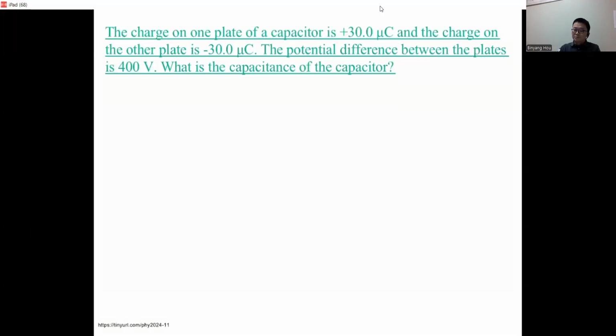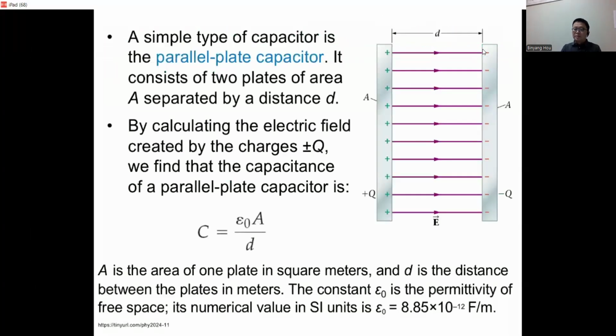So the simplest type of capacitor: if you have two plates next to each other, and you can deposit charge onto the two plates, positive on one side, negative on the other side. The capacitance of this capacitor can be shown, which we'll probably do later, not today, but its capacitance is